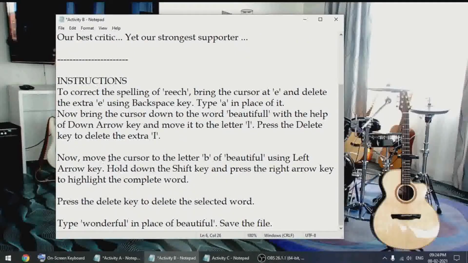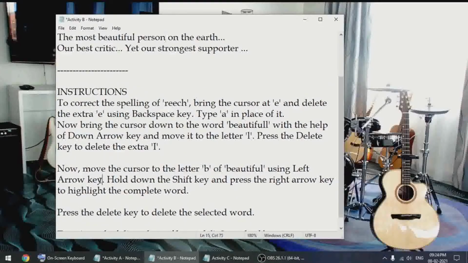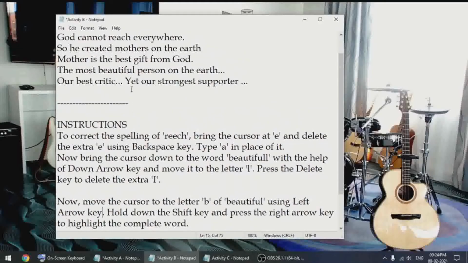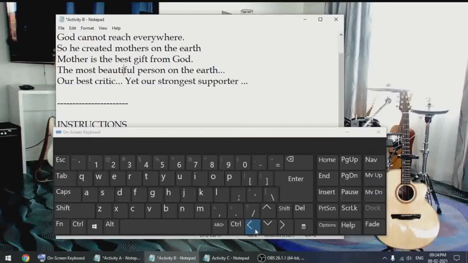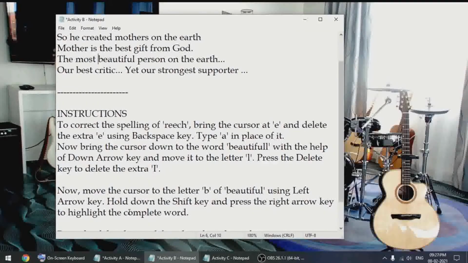Now, move the cursor to the letter B of beautiful using left arrow key. We'll keep the cursor over here. Left arrow key, bring it till the letter B. What we are supposed to do is hold down the shift key.